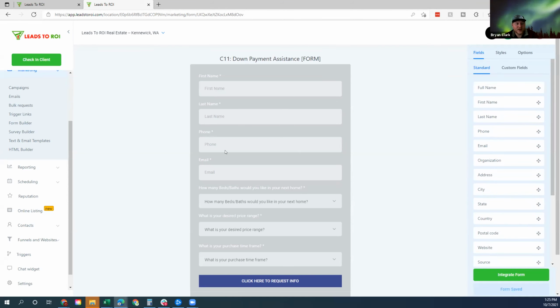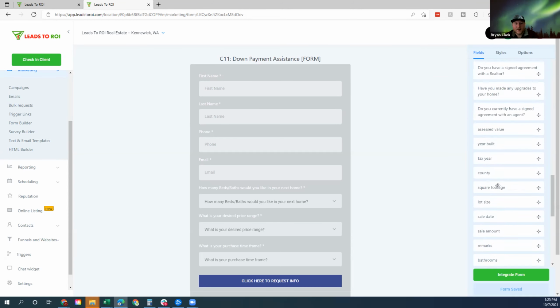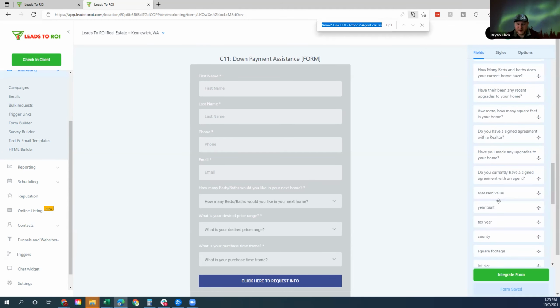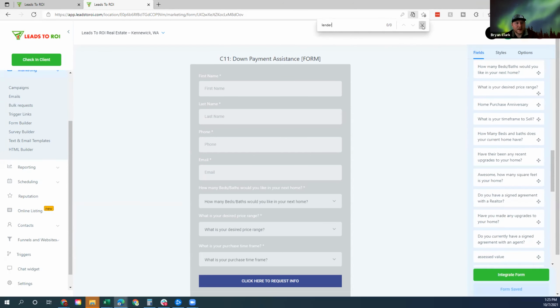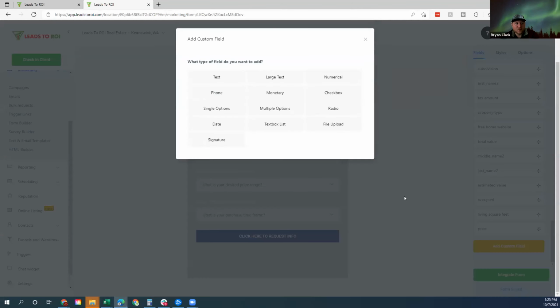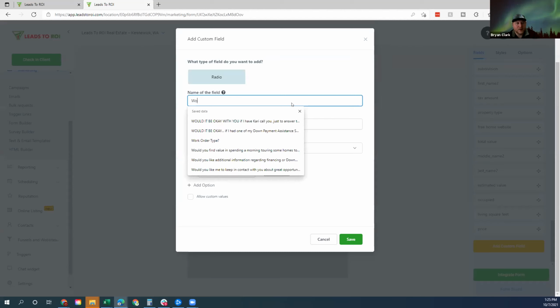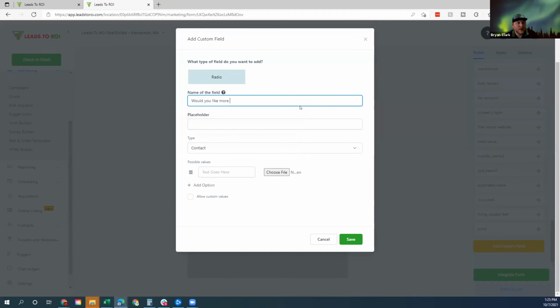Now, if there's a question that we don't already have built into the system that you would like to ask, so let's say, for example, I don't know if we actually have this. Let's take a look. So it doesn't look like I have anything lender related that's built in here. So something that was asked of me to be added in, and we'll push this live to everybody once we're done with this, is I'm going to go ahead and create a radio button right now. And I'm going to say, would you like more information